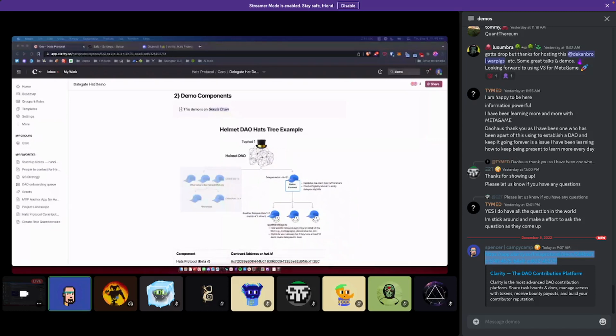But in Helmet DAO, they also have this additional responsibility where they are tasked with pausing the Helmet smart contracts in case of some emergency. So if there's a critical bug that's found, or there's some kind of hack that's ongoing, the Helmet DAO has decided that it wants to create a way for some trusted people to pause the smart contracts.